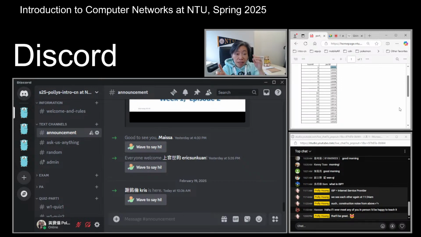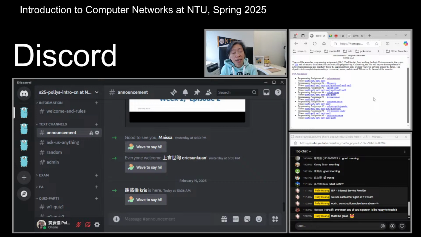So each of your servers, although functioning the same, are still different servers, and will be running on these special port numbers. This is to avoid your servers colliding with each other, which would also generate error messages when you are trying to test your server. So this is the port assignment. And you see that the port number corresponds to your team numbers. Essentially, for you to start working on the PAs, all you are waiting for is just the team number.